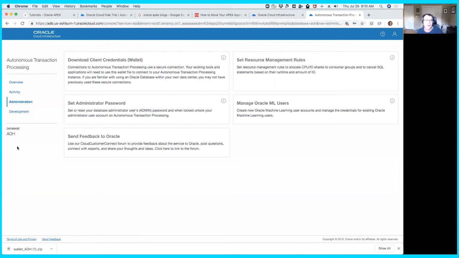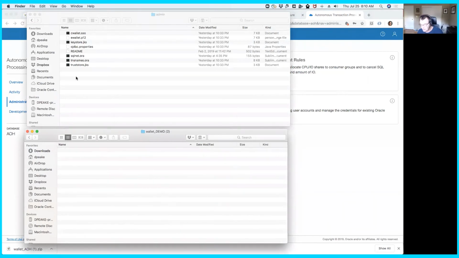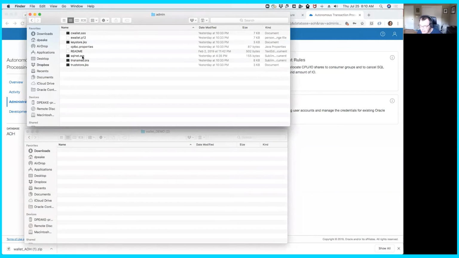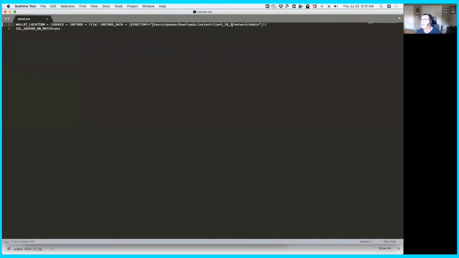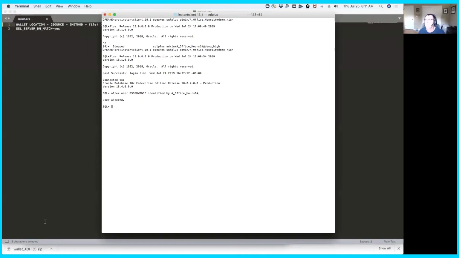So I did this yesterday, and here's the wallet that I pulled out yesterday. I moved all the details up. The one thing that I did need to do is change the sqlnet.ora. By default, it has a question mark here, and I put in my full path to get this to work. So once I've got that working, then I can go across to my terminal window,